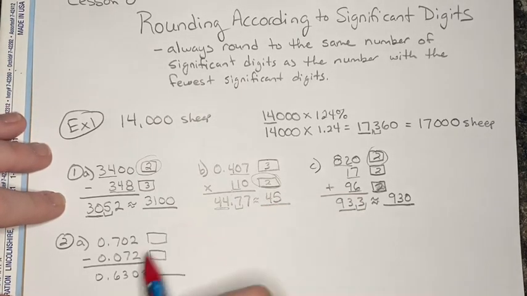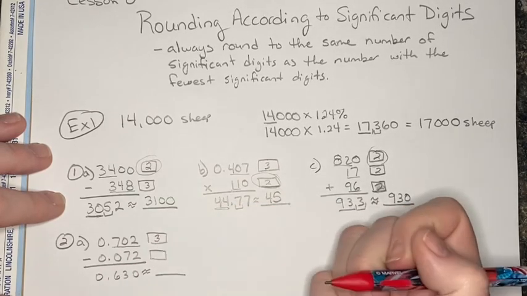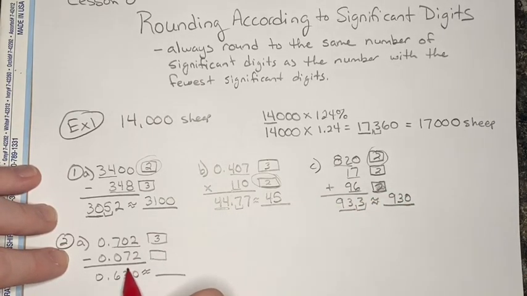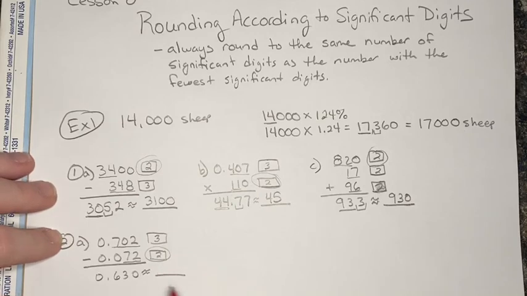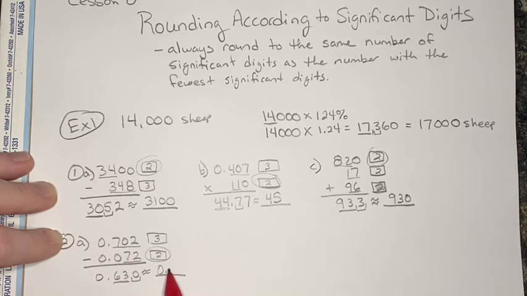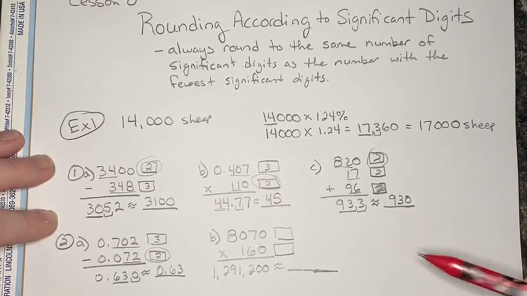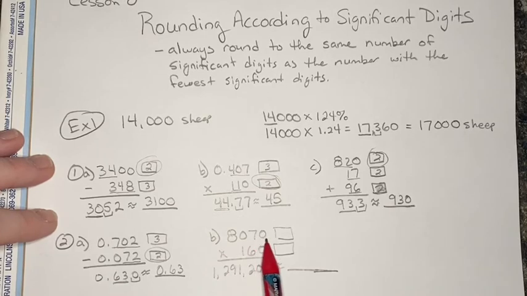Let's take a look at our significant digits. For this number, okay, we have 3 significant digits. And for this number, 0.072, we only have 2 significant digits. So our lowest number is the 2 significant digits. So here are our significant digits. We're rounding our 3 based on our 0. So our answer is approximately 0.63. Number 2, part B, is 8,070 times 160 equals